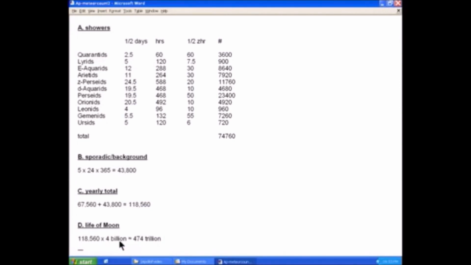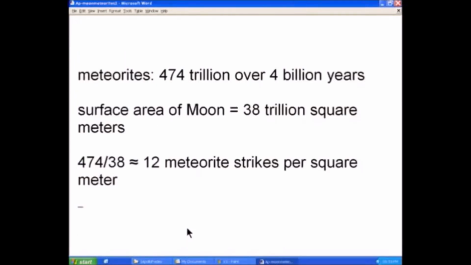So this is 474 trillion. It's not quadrillion. And here we have trillions and trillions, not quadrillions. But luckily for me, since I made the same mistake in both places, the figure from the division turns out to be roughly the same,